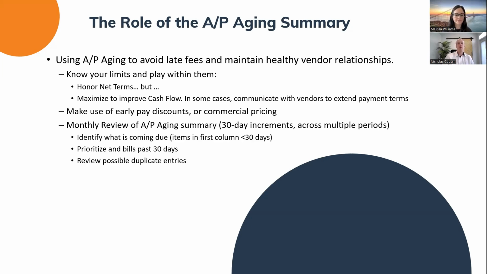But similarly, you want to be reviewing your AP summary, as we just did with our aging summary. Similarly, you want to know what's within 30 days and what's getting old. It's often not a case that something hasn't been paid. If it's past 30 days, that's a good indication that you have some duplicated bills in there. So that's a great way to make sure that you're staying on top of it and cleaning it up.